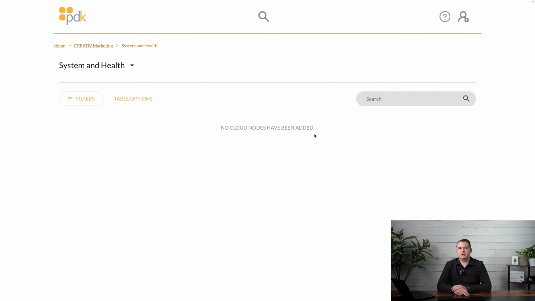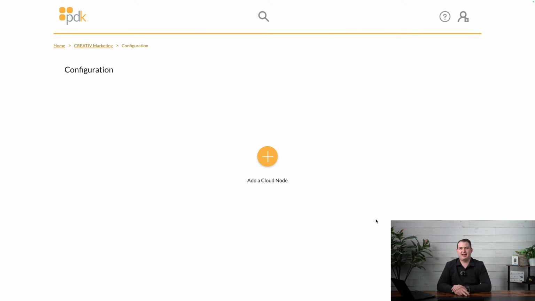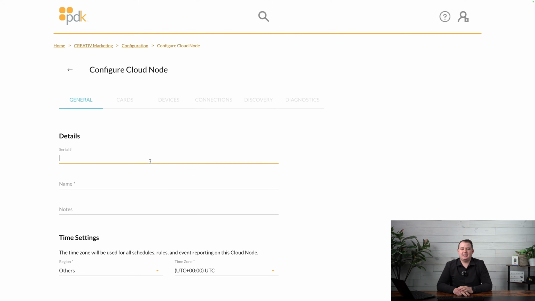You can see currently if we go under System and Health, there are no cloud nodes that have been added. We're starting with a fresh system. So we're going to navigate down to Configuration where we have our add icon in the middle of the page. If we do already have a cloud node in here, it'll appear and the plus button will be in the bottom right hand corner. So starting with that plus button, we'll hit plus and add in the serial number of